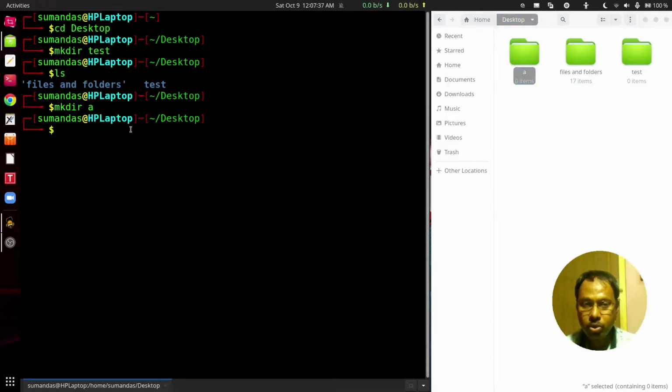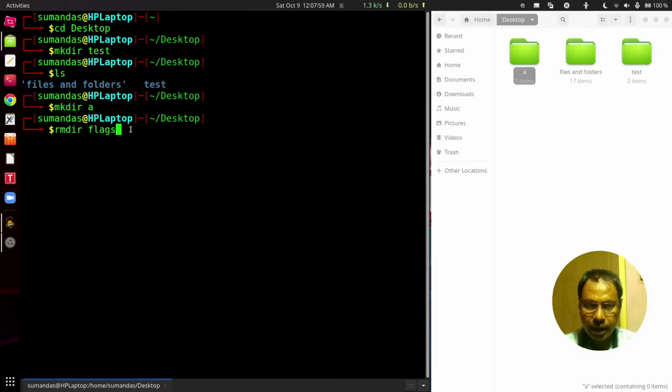Now how to use the rmdir command? The rmdir command is used to remove or delete any particular directory. What is the syntax? rmdir, then the flags are used, then the name of the directory.